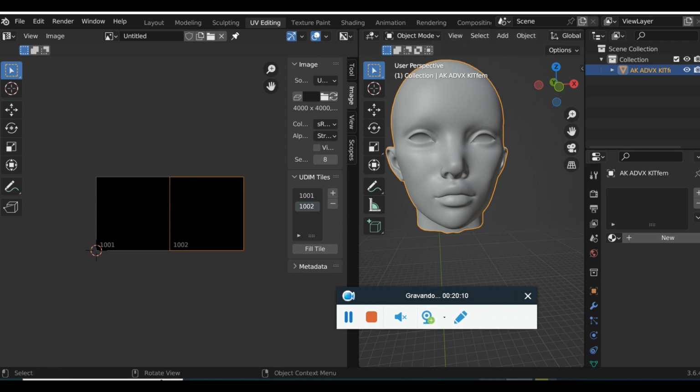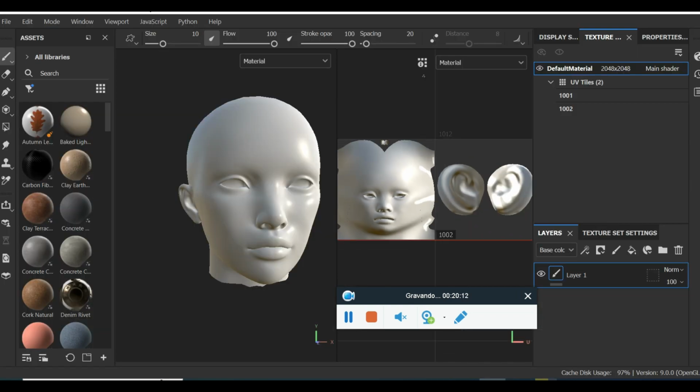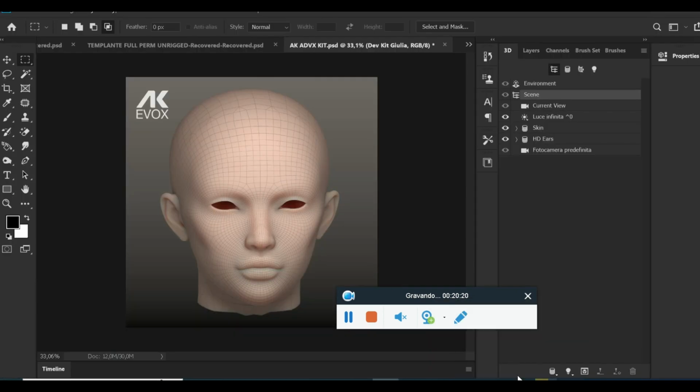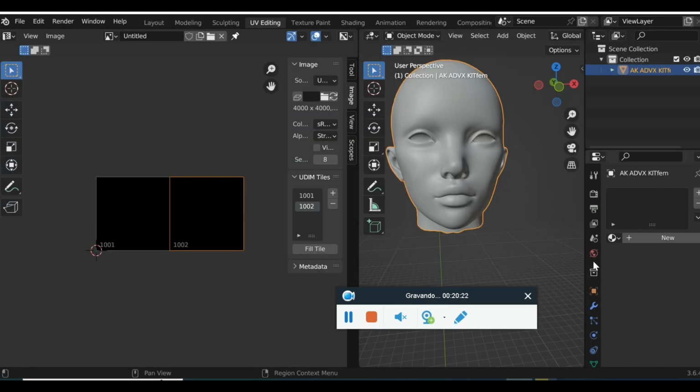If you load to the Substance Painter, it is missing some UDIMs here. Try to use this trick. Just go here in Blender, sorry, to materials, and just before exporting, just remove it. Okay, so